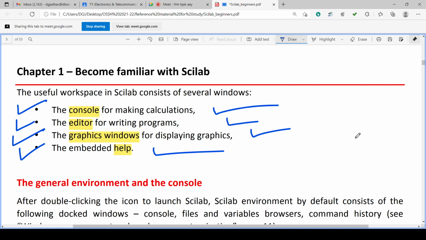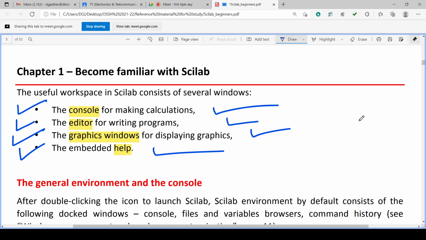We have discussed all 4 windows in detail in this lecture: the console, the editor, the graphics window, and also the help window.